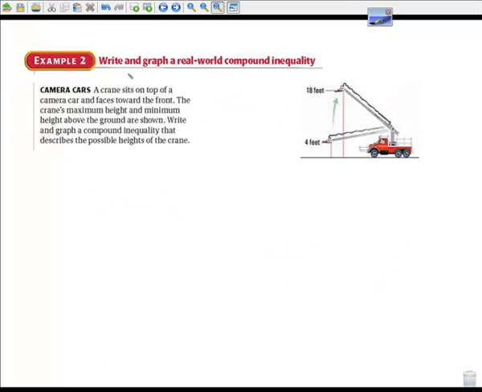Okay, let's look at this one. Write and graph a real world compound inequality. A crane sits on top of a camera car and faces toward the front. The crane's maximum height and minimum height above the ground are shown. Write and graph a compound inequality that describes the possible heights of the crane. So it looks here like the crane can go between 4 feet and 18 feet, including the 4 feet and the 18 feet. So this is going to be an intersection